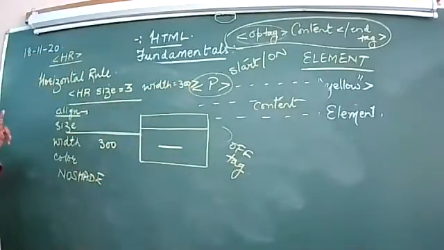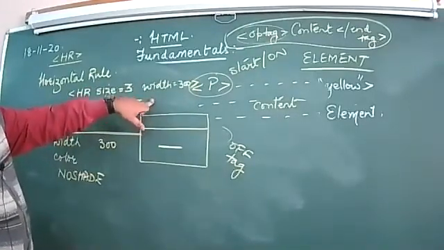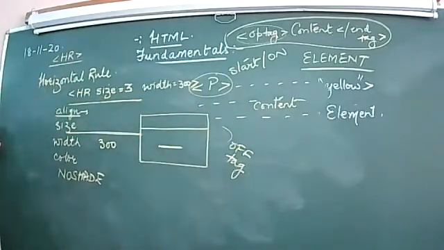Again, I repeat my two lines. Thickness of HR is 3, length of HR is 300. Thickness means size, length means the width, the area that it will cover across the full width of the screen. Right? Now comes color. What color you want to give to your HR? This attribute will specify the color in which the horizontal line will be displayed. It can be red, it can be blue, it can be green, whatever color you specify.